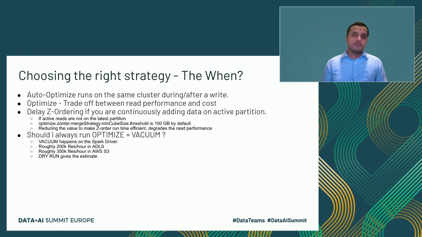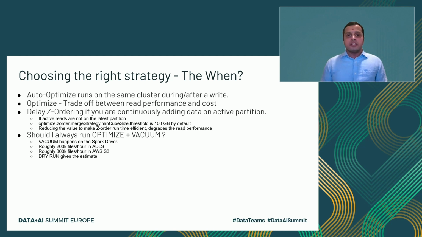Few things to note about vacuum is that vacuum will clean up the unwanted files from the storage. So vacuum can actually help to save the storage cost. The vacuum operation is done from the Spark driver. That is, initially we list the table and identify the files which are not active, and this is done using a Spark job. But thereafter, the deletion will be done by the Spark driver. And if you want to get an estimate on how many files the vacuum is going to clean up for your current state of Delta table, then we suggest running a vacuum command with the dry run option.